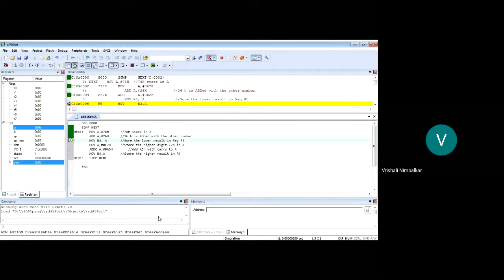We will see the answer. And that's the correct answer. The addition is 9E. And see, one of the flags has been affected. Let us check. Initially, the flag was showing 0, 0. Now it is showing 1. What is it telling? It is telling it's an overflow. Correct. Overflow has been set.